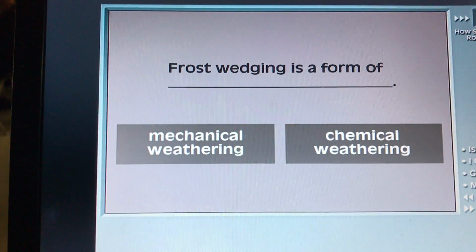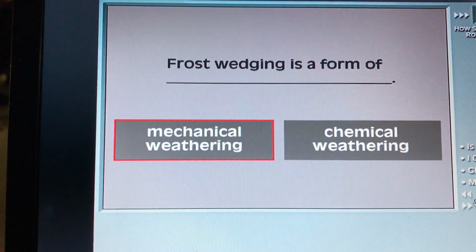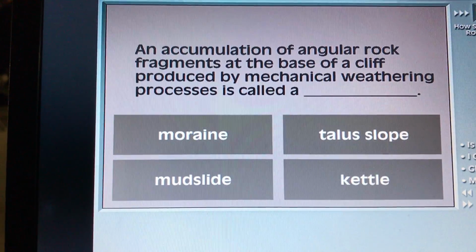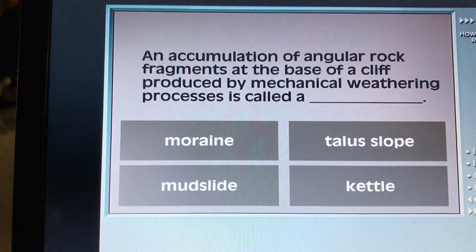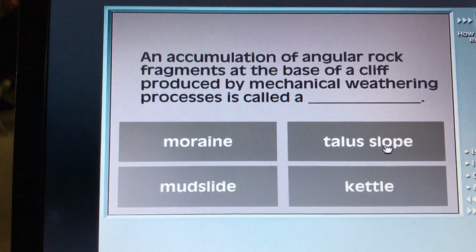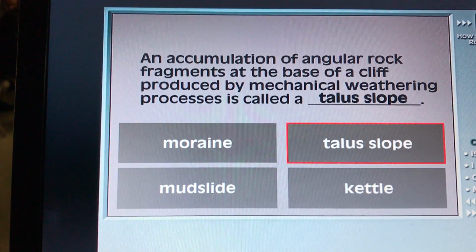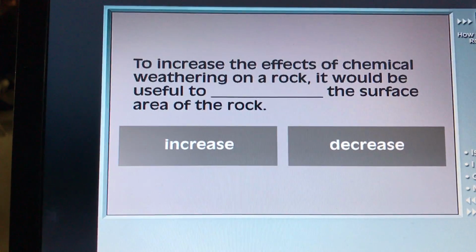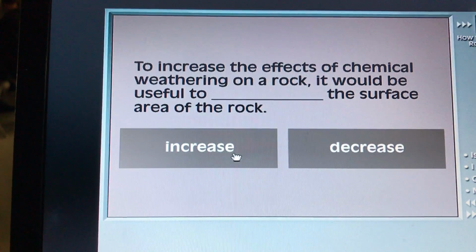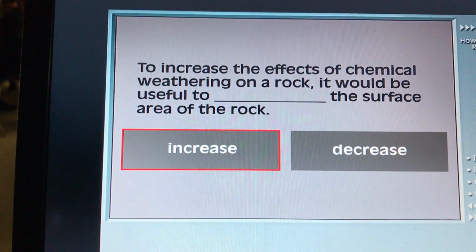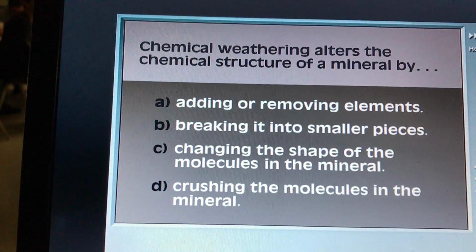Frost wedging is a form of. An accumulation of angular rock fragments at the base of a cliff produced by mechanical weathering processes is called a. To increase the effects of chemical weathering on a rock, it would be useful to the surface area of the rock. Chemical weathering alters the chemical structure of a mineral by